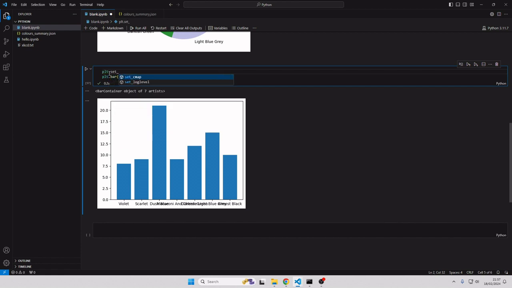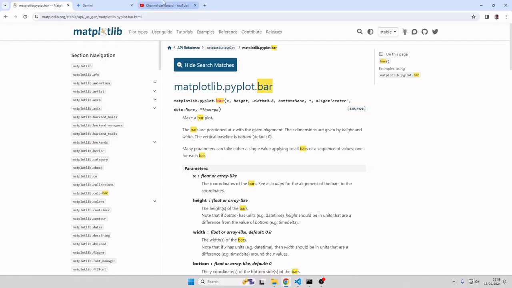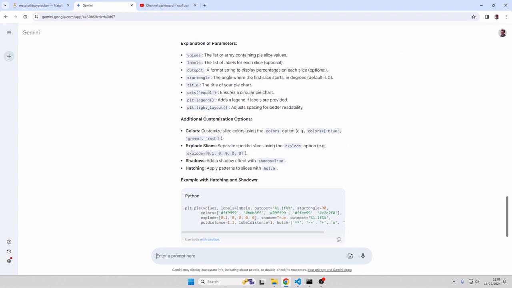I don't actually remember what's the... Let's try that. Okay, so that's the wrong thing. So we can't remember the right syntax, so we go back to here and we say